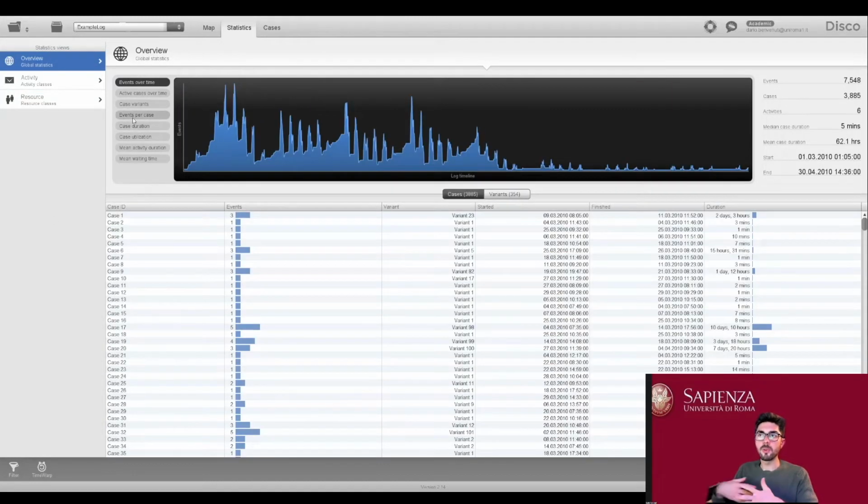In the global overview, we can have a lot of insights. For example, we can see how, as we said before, that this kind of process presents a lot of spikes in activities, and this can be caused by the fact that they work on data in batches, and each batch corresponds to one spike here on this events histogram.